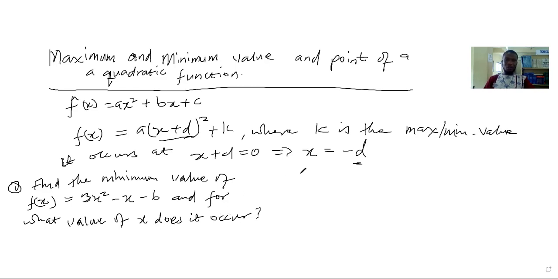So the first thing we'll be doing will be for us to factorize the coefficient of x squared, which is 3, out, so that the coefficient of x squared becomes 1. In fact, here we are just using the method of completing the squares. That's what we are using here. So we have our 3x squared,